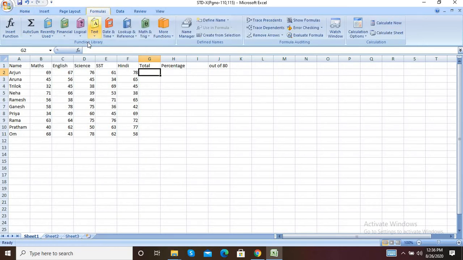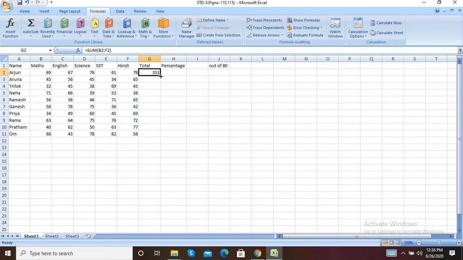In that Formula tab there is a Function Library, so select that library, and here the Sum option is there. By default it selects the horizontal sum, but if you want a vertical sum you can change your range also like this. So select this sum and press Enter. It will give the answer.